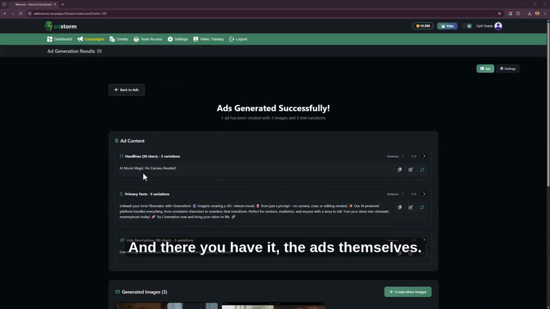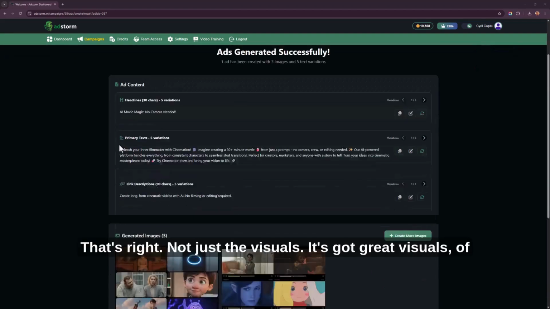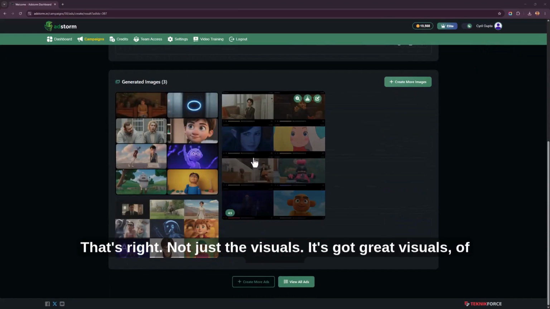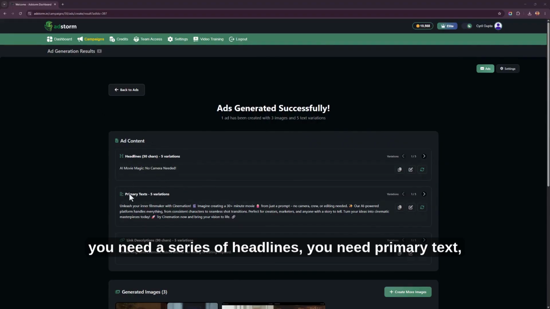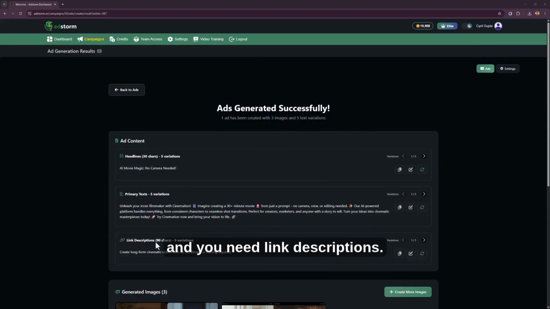And there you have it, the ads themselves. And remember, I told you that AdStorm is going to give you the complete ads. That's right, not just the visuals. It's got great visuals, of course, but beyond that, AdStorm knows that to place a Facebook ad, you need a series of headlines, you need primary text, and you need link descriptions. And you can put up to 5 variations each for each of them on Facebook,